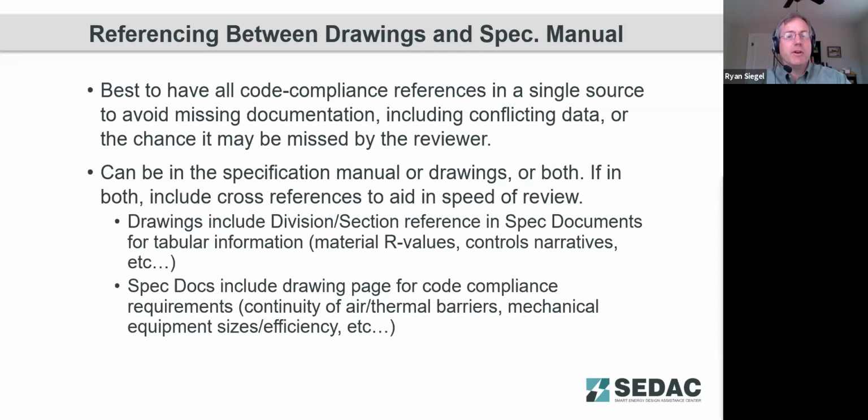Something that we also find is, because commonly things are found in both the drawings and the specification manuals, it is good practice to have a table listing where you can find each of the different items. And so this table may indicate where they are also in the plan drawings as well as in the specification manual. Again, this table can help not only the plan reviewer, but also as design professionals, gives us an opportunity